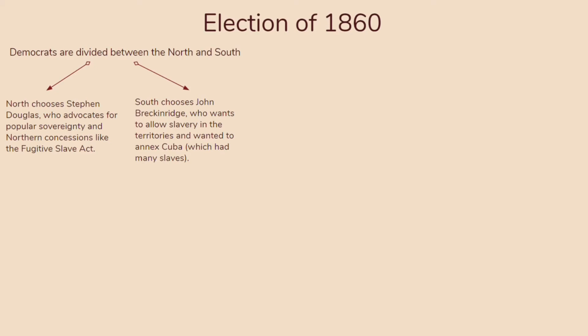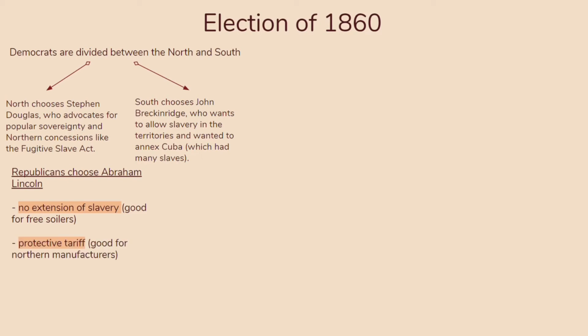However, the key takeaway from this election is obviously Abe Lincoln, because the Republicans choose him for a variety of reasons. He appeals to a lot of people. For one, he doesn't want the extension of slavery, which is good for free soilers. He wants a protective tariff, which is good for northern manufacturers. He wants a Pacific Transcontinental Railroad, which is good for the Northwest because it'll help them with their trade and just in general connect them more to the country. And finally, he wants free homestead land for farmers. Poor farmers who don't have that much land will be given some, which will hopefully allow them to move up